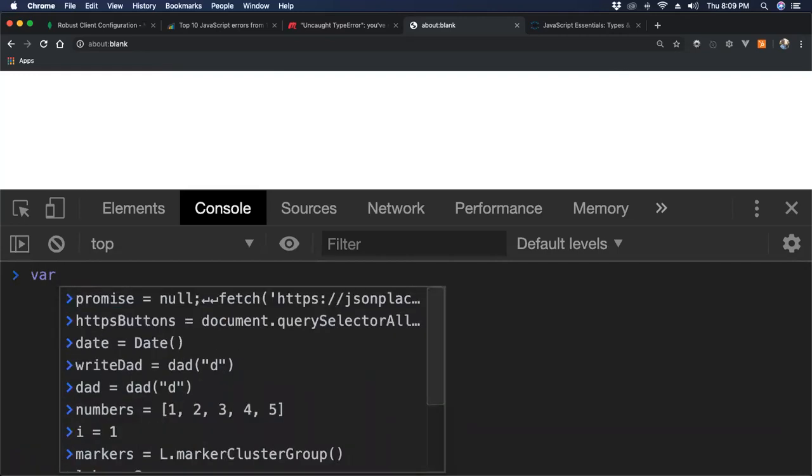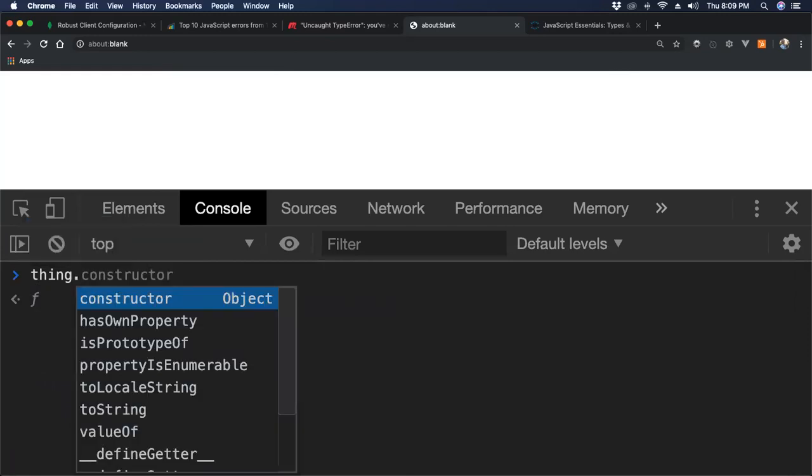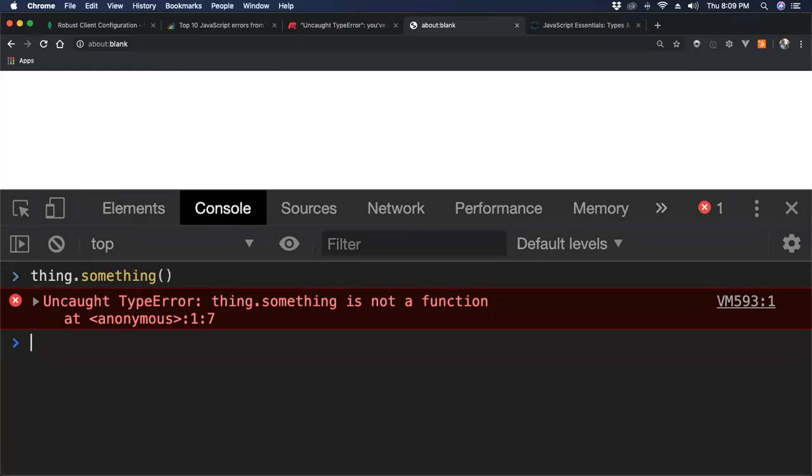So if I create an object, thing, and it's an object. So thing equals object. Cool, I've got thing. Thing is an empty object, okay? Well, if I try to access a property on thing called something, we can see that it's undefined. So again, if I attempt to call it, I get that same error. thing.something is not a function. Okay, we just saw that. We know something is technically undefined and we're trying to call it. Okay, well, what about if we attempt to,